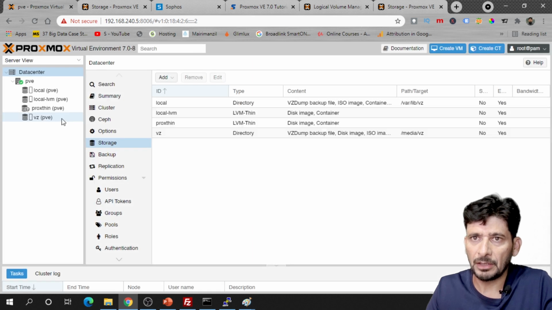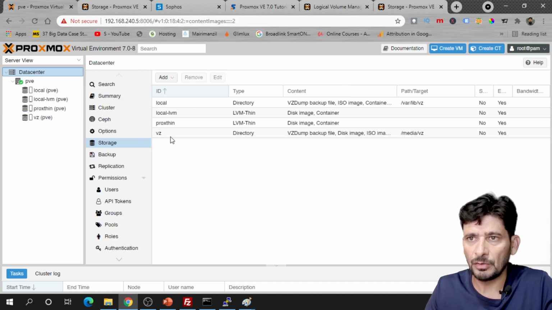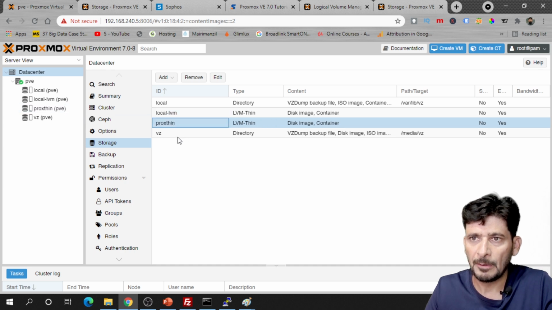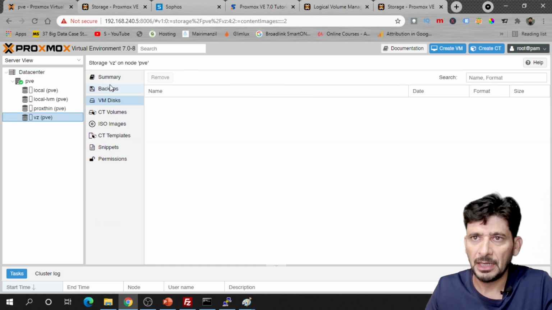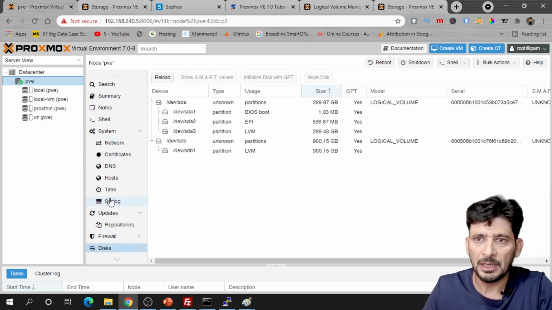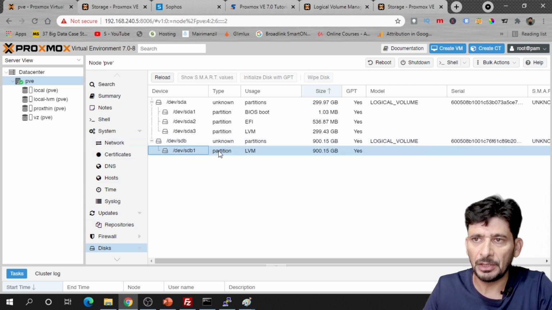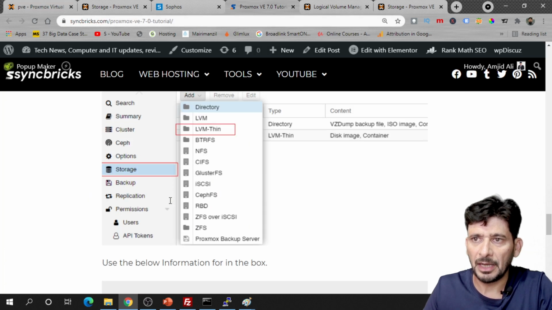Now we have added it here. Now you can see the prox thin inside the PVE group has been added here. If I go back again to the Datacenter and Storage, now you can see there are two LVM thin, local and prox thin. Prox thin is my 900 GB drive, and the VZ partition is there, which is a directory that can store everything. So if I go to the VZ directory, it can store everything: dumps, CT volume images, snapshots and everything. If I go back again here into my PVE in Disks, we had two disks available. So we created the partition on this, and after that we followed this particular process to create our LVM thin